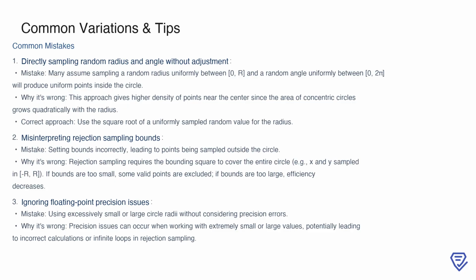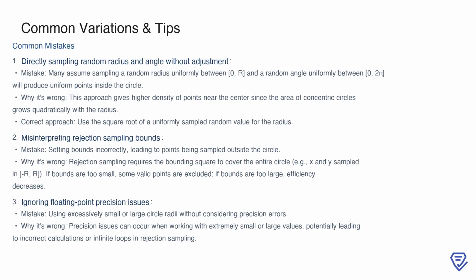Another common issue arises in rejection sampling when bounds for x and y are set incorrectly. These must span the full square enclosing the circle, from negative r to r. If the bounds are too small, valid points are excluded. If they are too large, the algorithm becomes inefficient. Finally, floating point precision errors can occur, especially when dealing with very small or very large radii. This can lead to incorrect calculations or even infinite loops during rejection sampling, so it's crucial to account for precision